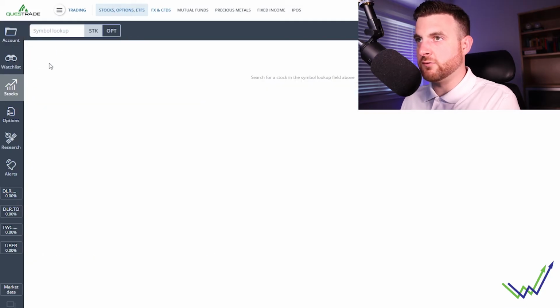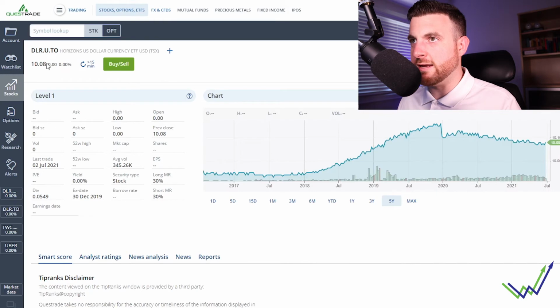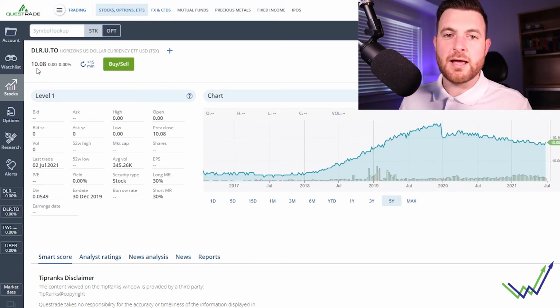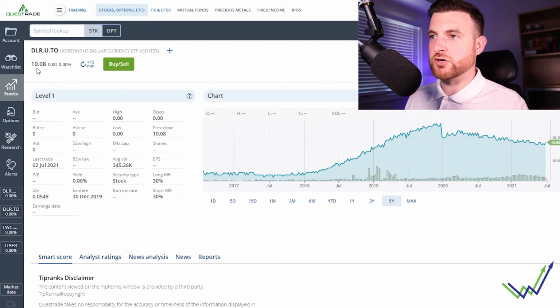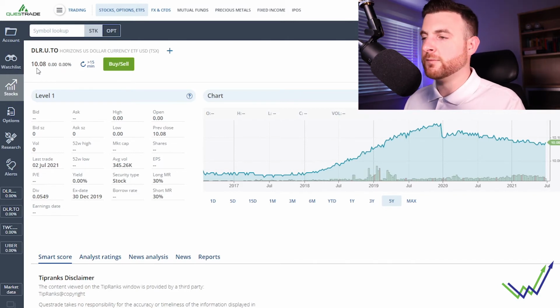Now, I did mention it before, but DLR.U is the US version of this same ETF. So I'm going to pull up DLR.U, and you can see that it's trading for $10.08 right here. And this kind of works in the same way that the Canadian side does, just in US dollar conversion. So after the day that you buy and the 2 business days after, what you're